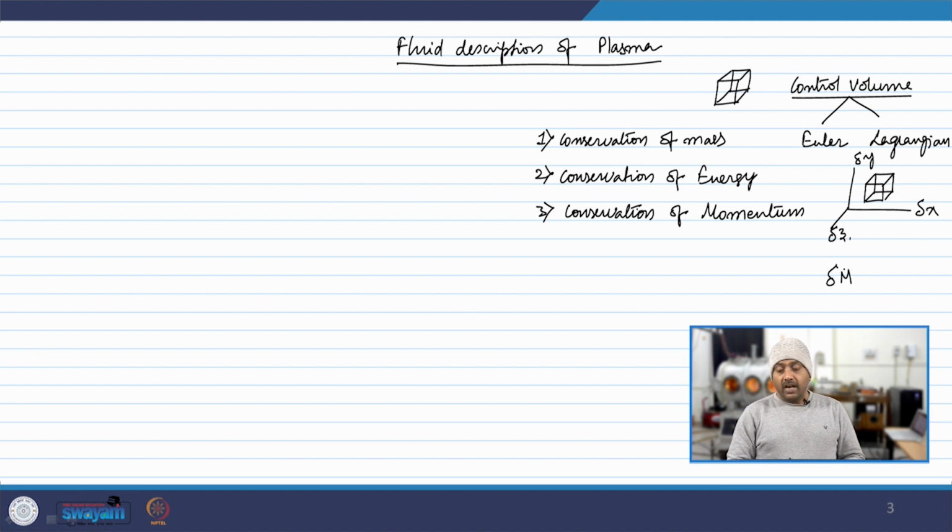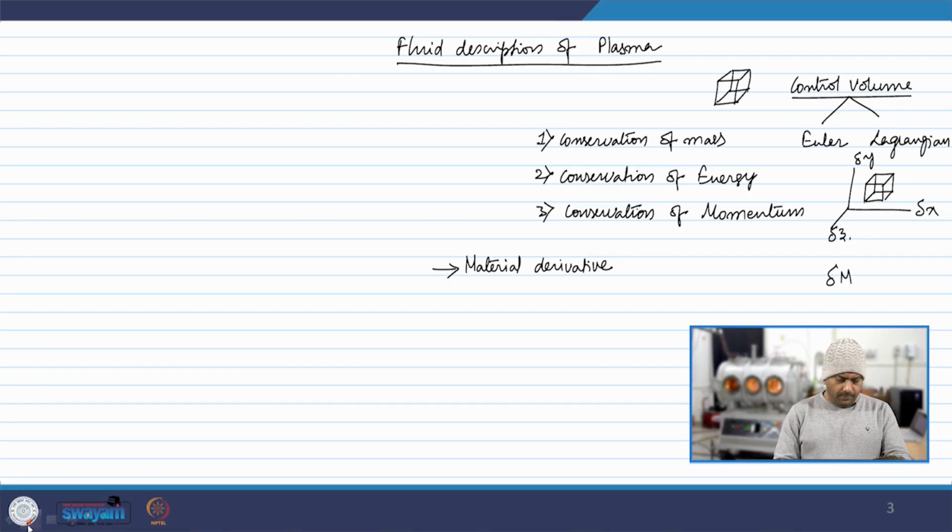Now, what we are trying to do is equip ourselves with the basic laws of fluid dynamics, because in particle theory of plasma we had only one equation, which is the Lorentz force equation, and this equation was able to tell us the position of the particle as a function of time under the effect of different electric and magnetic fields. But in fluid dynamics, we have to see how this fluid as a whole, this electrified fluid, behaves as a function of time. That is the basic difference.